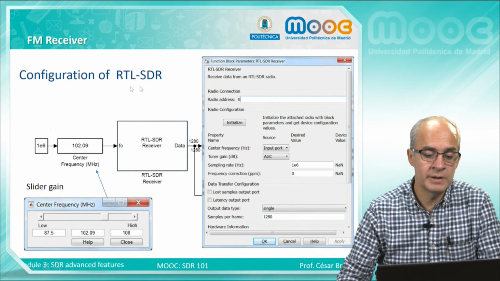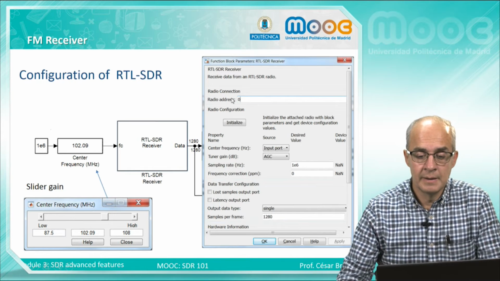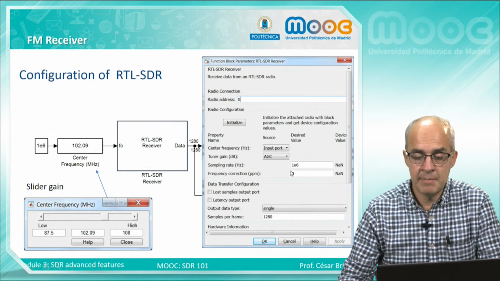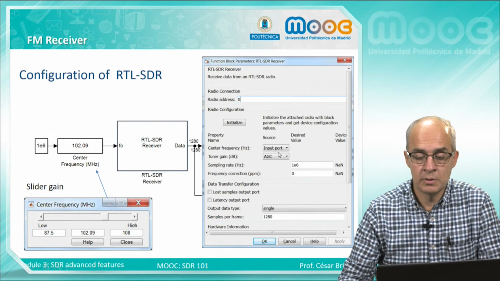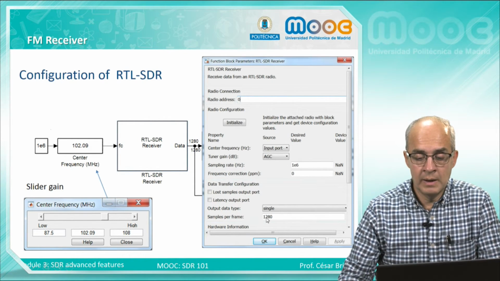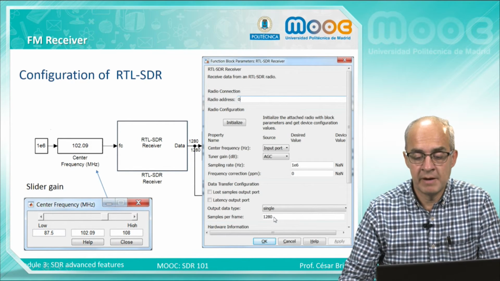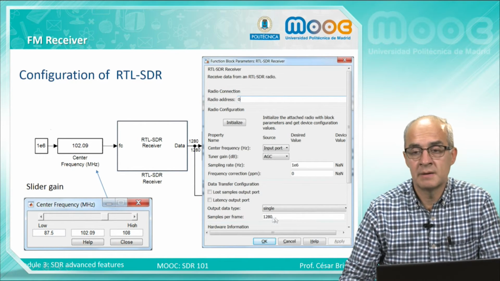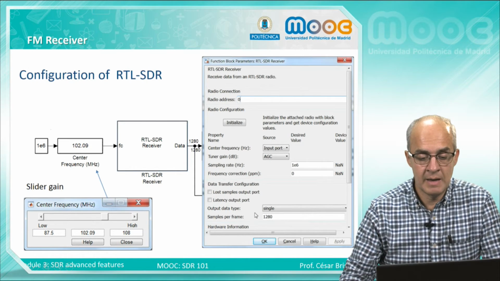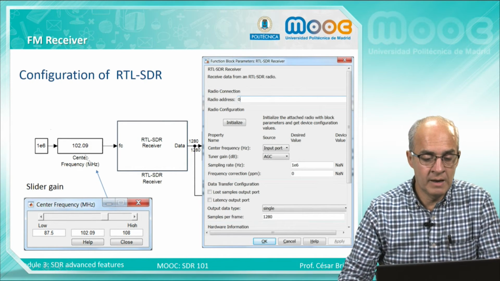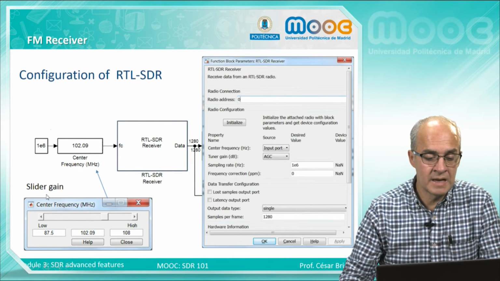Here is the configuration of the RTL. We have put the sampling rate at 1 MHz. We have the automatic gain control on, and we put a number of samples per frame of 1280, which is a normal number, and we have a control called slider gain.